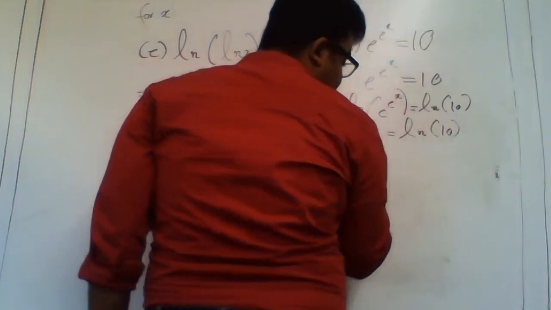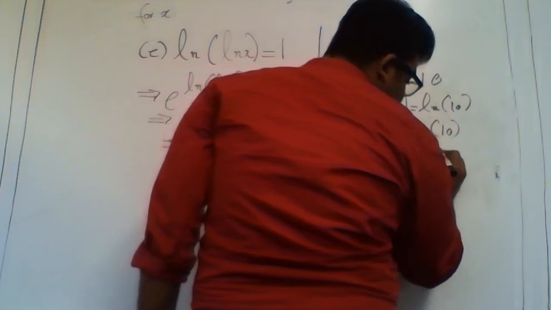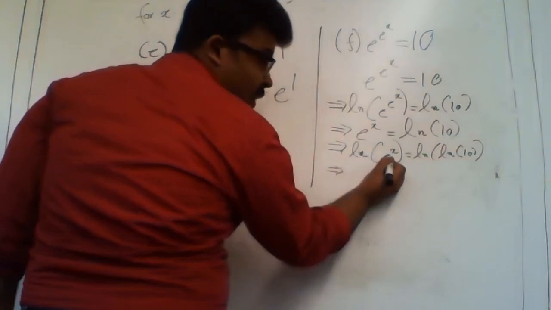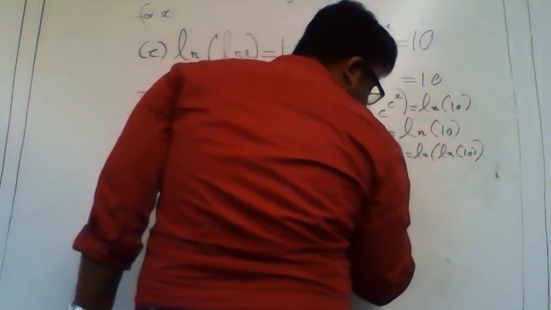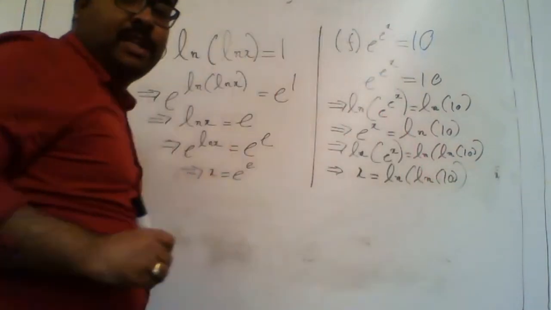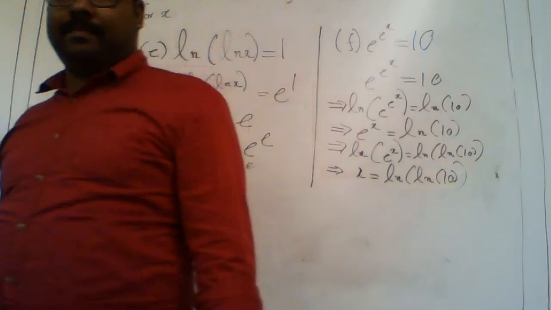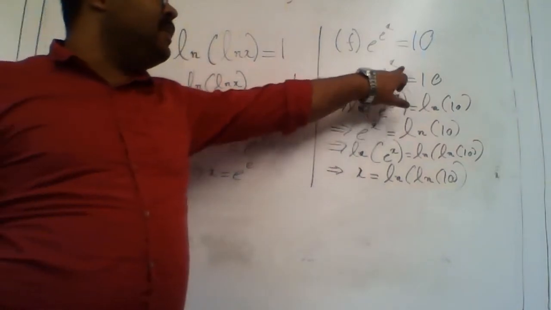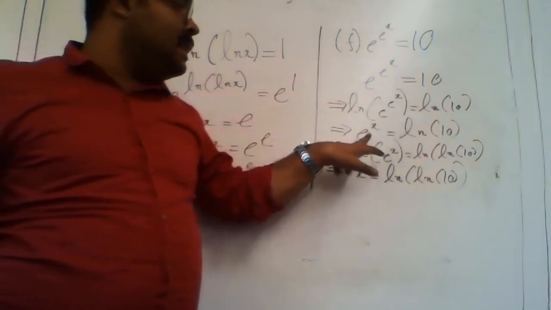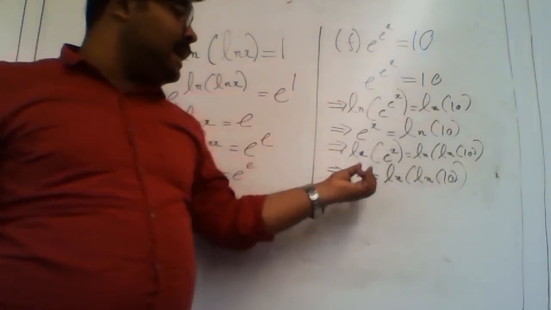Then I again apply ln. Then ln e to the power x is finally ln of ln 10. Then finally this ln and this e will cancel each other, and I will be left with x equals ln ln 10. So it's just about applying ln and e appropriately so as to cancel. So I had e to the power x. First I applied ln. This ln will cancel the bottom e, and I'll have this e to the power x equal to ln 10. Then to cancel this e also I apply ln again, so that I get x freed,